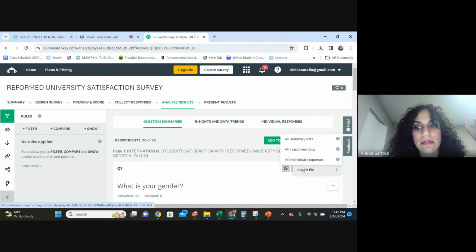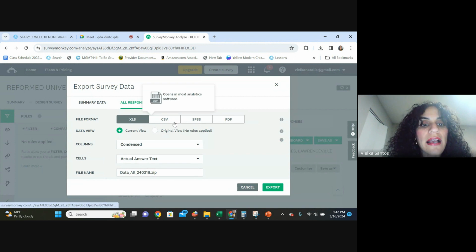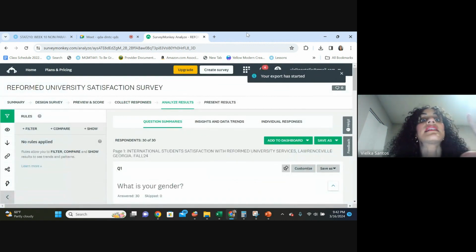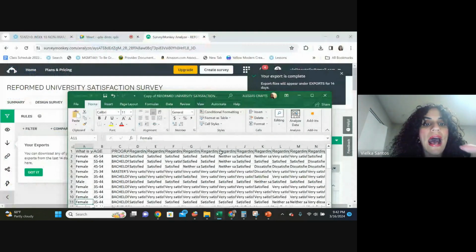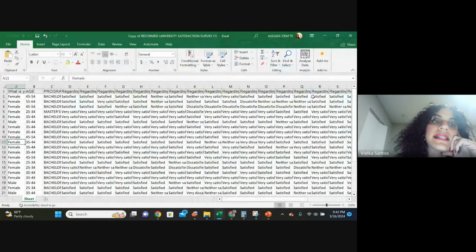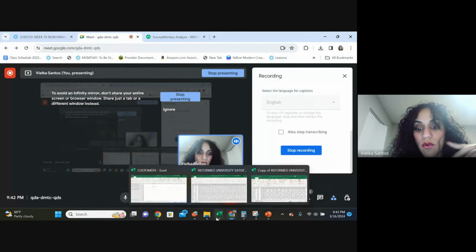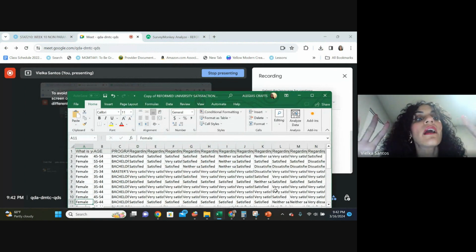Third step, Export File, and I will click on All Response Data. I click on that, and then XLSX, current view, and that's it. Export. Your export has started. So you will see that it's gonna pop up Excel like this. That's what you're seeing on the screen right now. I hope you are seeing how it's downloading for you. So that's what you're gonna see, but you have it already in the lesson 10 for the ones that are